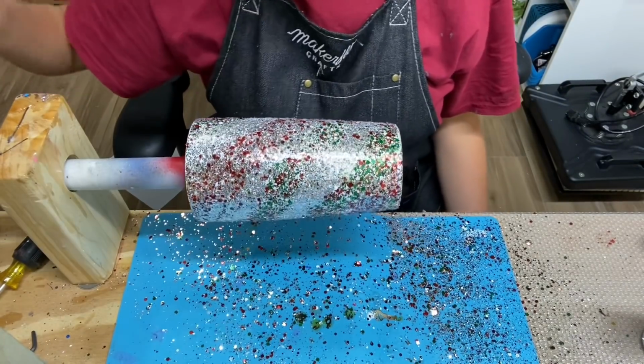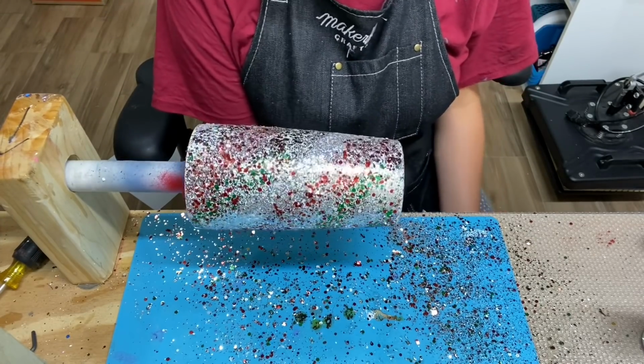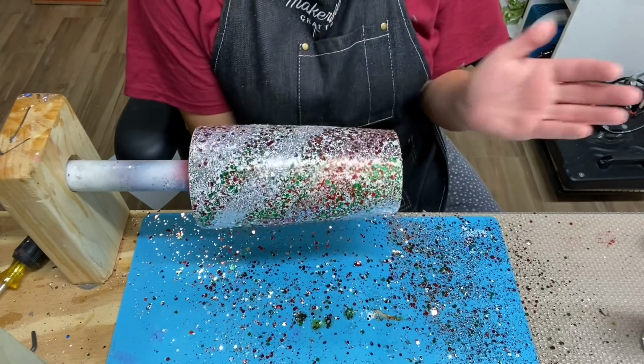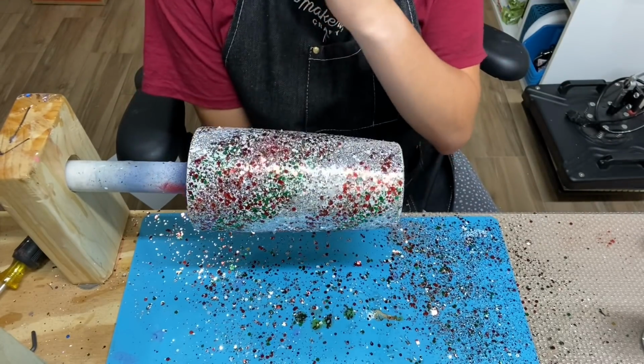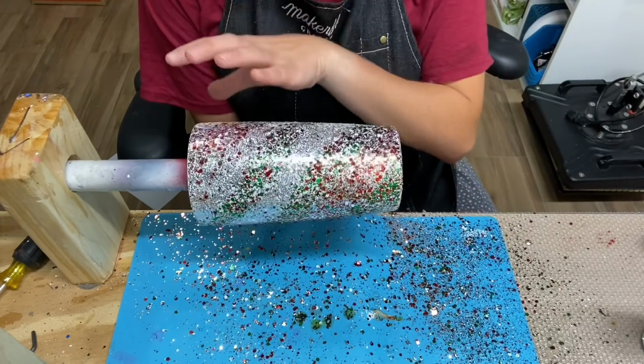I'm back with my tumbler, and I'm done blotting or pressing down the glitter. So now that I'm finished with my tumbler and I'm happy with it, I just want to let y'all know that you are going to see some glitters stick up and poke through. That's fine. It's not going to be perfect, but you're going to have the majority pressed down firmly on the